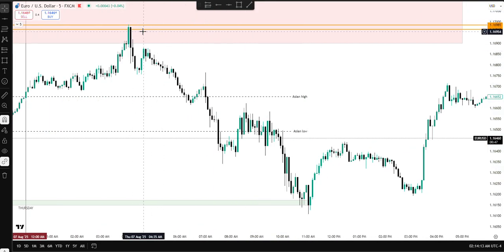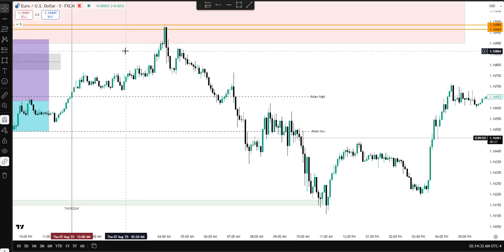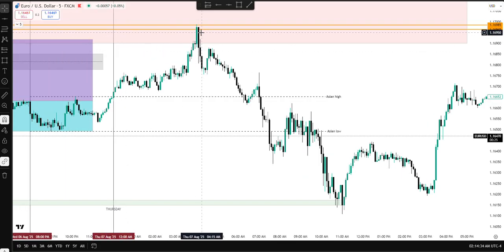So initial entry here. Now we look for an optional trade entry or any sort of model, whether that's unicorn model, the 2022 model, anything like that. But we look for PD arrays inside of a range after displacement. So entered short here. We displace considerably lower